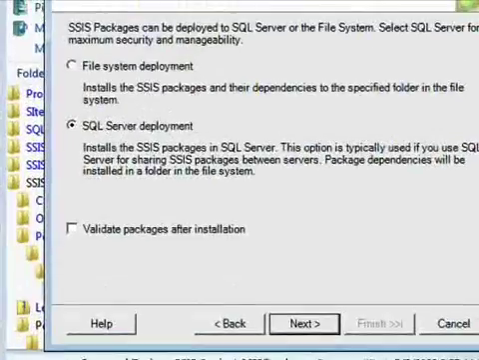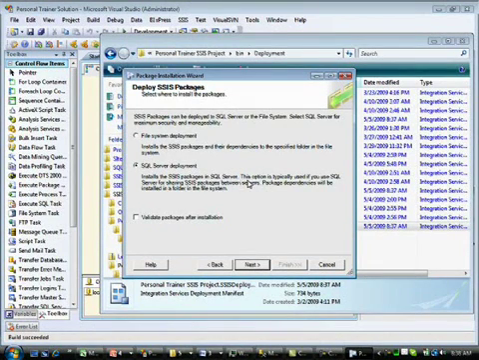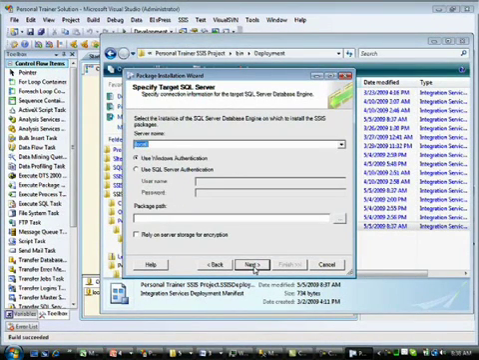You can also choose to validate each package after installation. By doing that, it'll make sure the schema is there, all the files are there, and everything that package needs is actually there to run. But it does this after the deployment. Next, I'll select the server I want to deploy to,